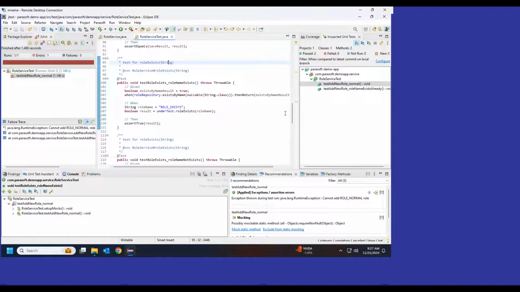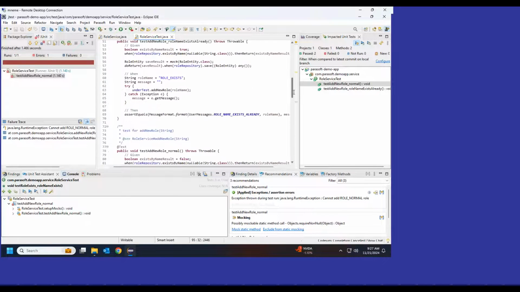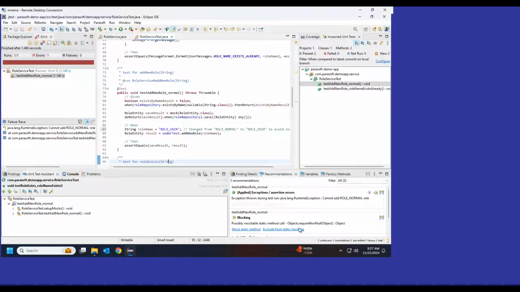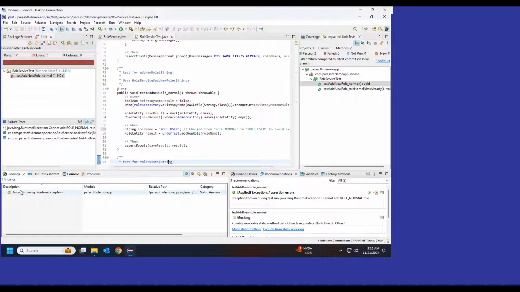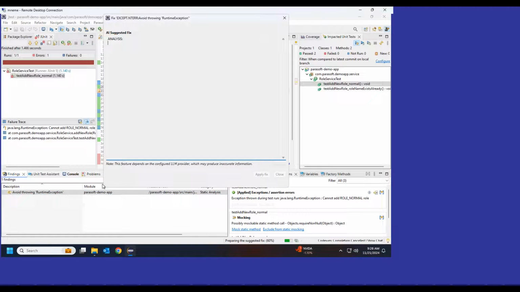So that's a pretty easy way to be able to go out there and update my tests in a pretty automatic way. And there's a lot of other tools, as we mentioned in JTest, that allow you to do those sorts of things. But I think the next thing to look at is how to address things like static analysis violations. So in a very similar way, I have this static analysis violation. I can right-click on that violation, and once again, I can use AI to explain to me what this violation means,